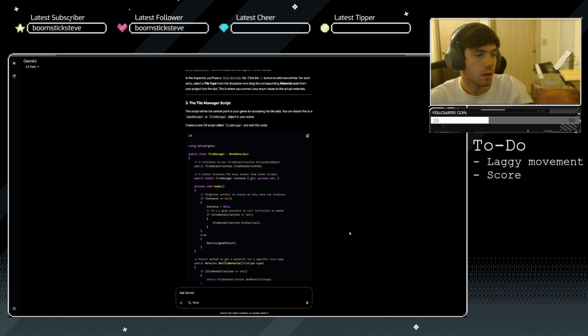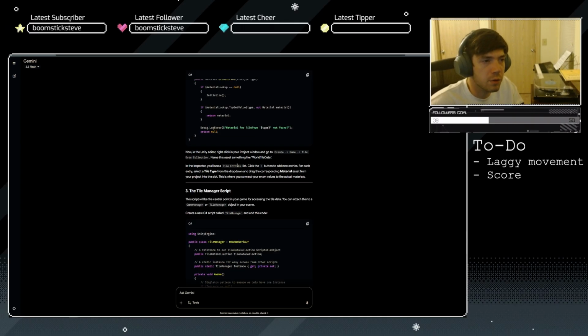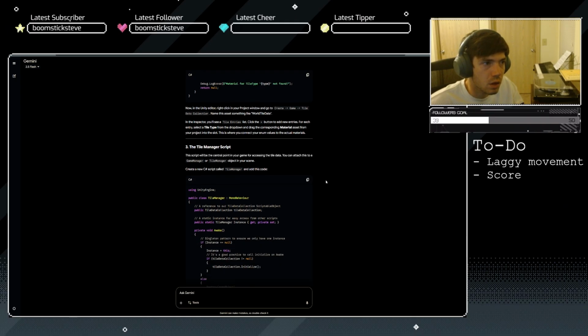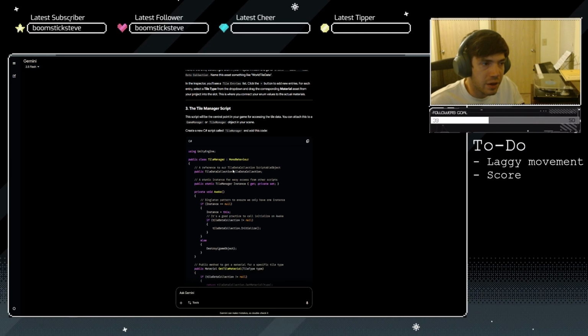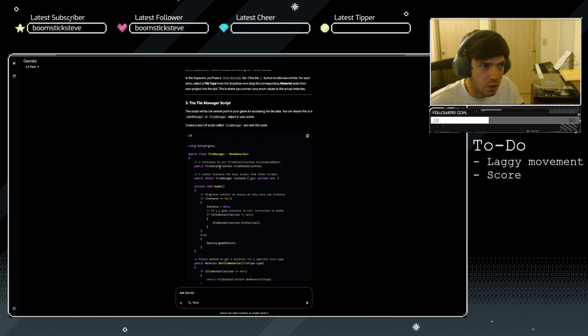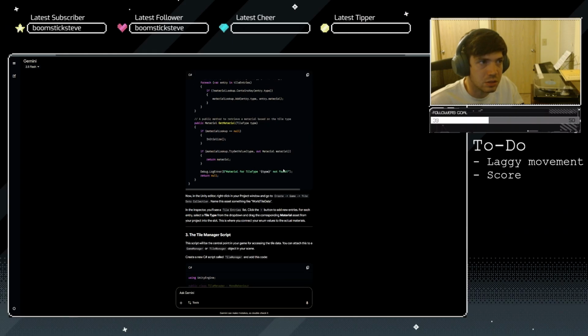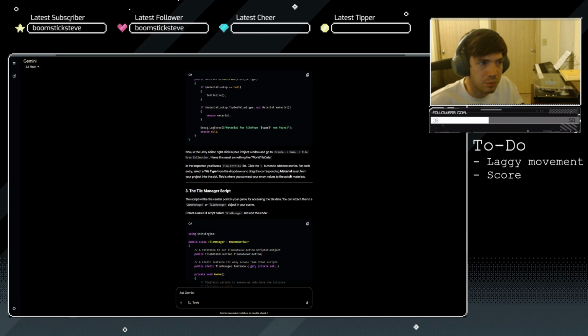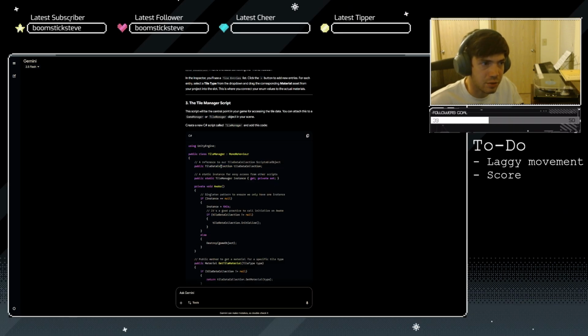Okay. I get what it's doing now. I don't know if this is gonna work, but it's been right so far. It's proved me wrong multiple times, so we'll see. The script will be the central point in your game for accessing the tile data. You can attach this to a game manager or tile manager object in your scene. The tile manager might look something like this, right? So you have the data collection, which is this scriptable object. So this is the data. Then you're gonna have